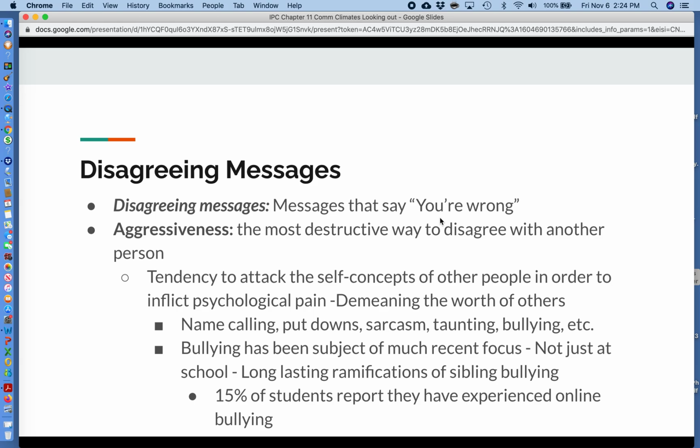These are all examples of disagreeing messages, and obviously these are disconfirming as well. If you're calling somebody an idiot or something of the sort, then clearly it indicates that you don't really value them. Now, recently, bullying has really come to the fore as a major topic in education, particularly elementary education and